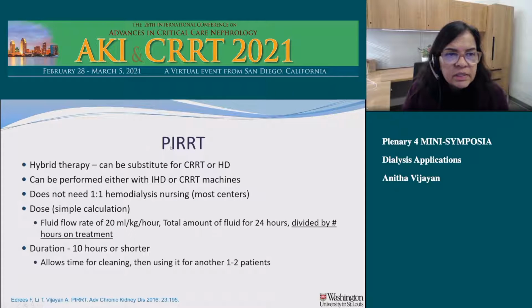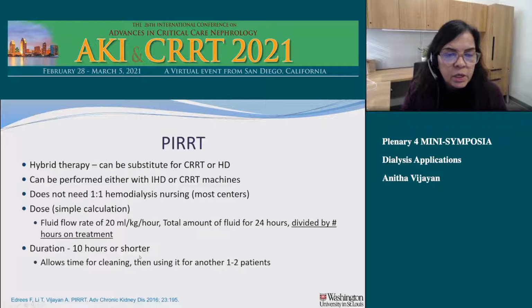So what's the advantage of PERT? It can be performed, as I said, either with intermittent hemodialysis or a CRRT machine. In most centers, you do not require one-on-one hemodialysis nursing to do PERT, and the dose calculation is fairly simple. If you look at the effluent flow rate of CRRT of 20 mils per kg per hour, you can take the total amount of fluid required for 24 hours and divide that by the number of hours on treatment. Usual duration is 10 hours, but